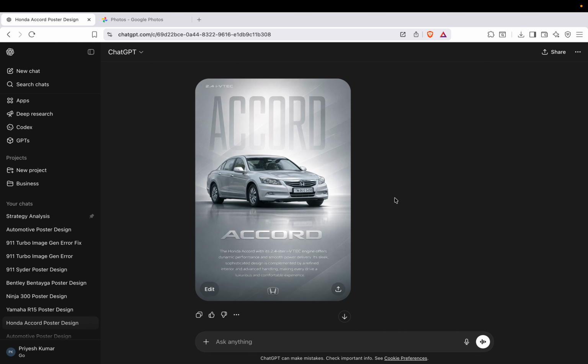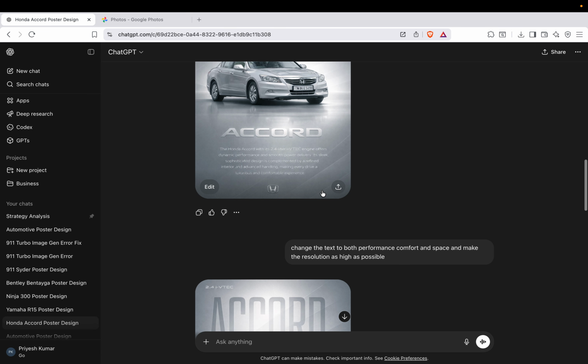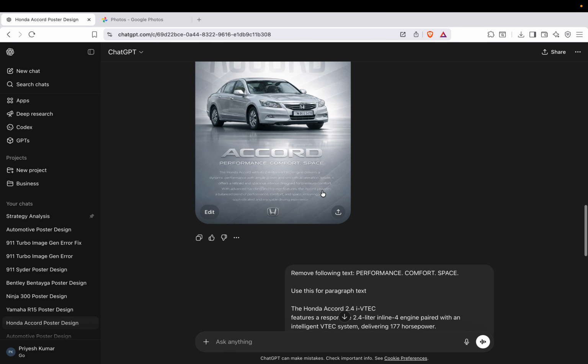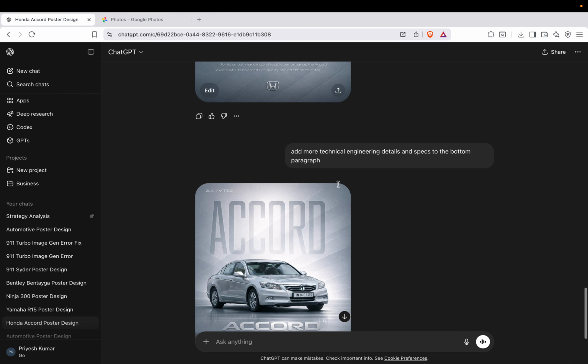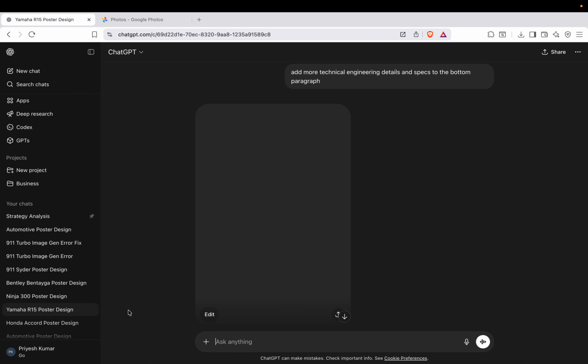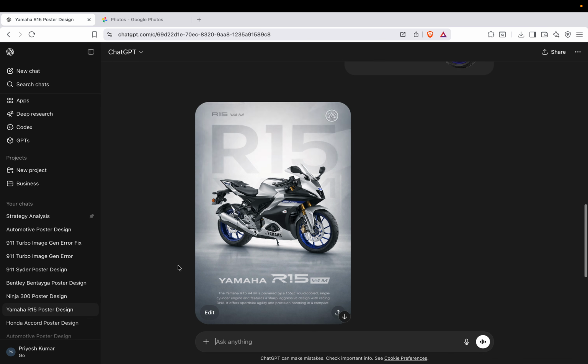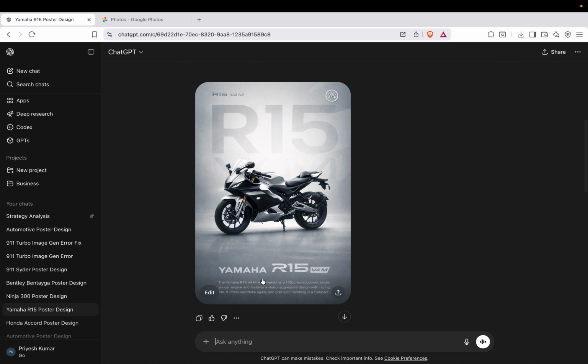And I got the first iteration in which I wanted the text to be changed and then the design to be changed, but it still stayed the same. And then I added multiple iterations of the text editing to the same image generation. Anyone with a ChatGPT can do this. It depends on your subscription how many images you can generate. I have a ChatGPT Go subscription, so I was able to generate roughly 10 to 15 images. And this is the base image I shared,